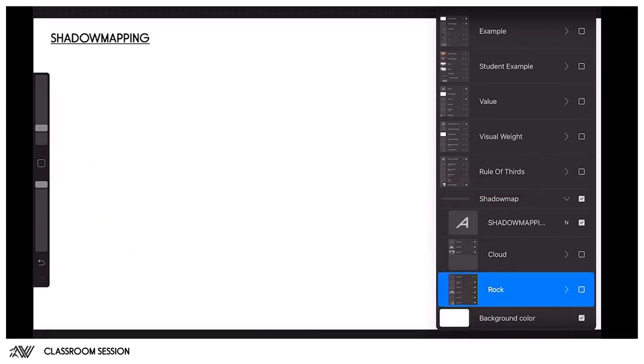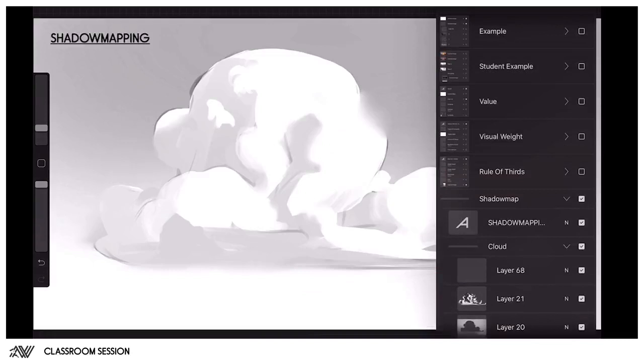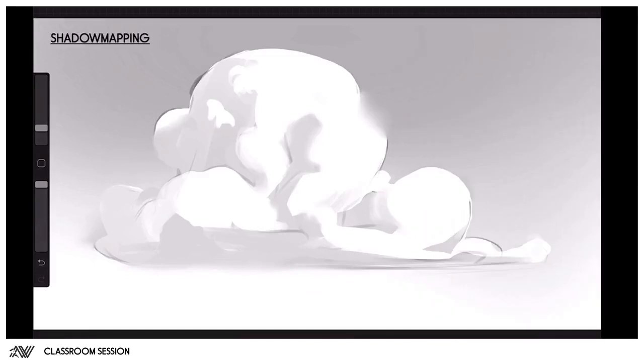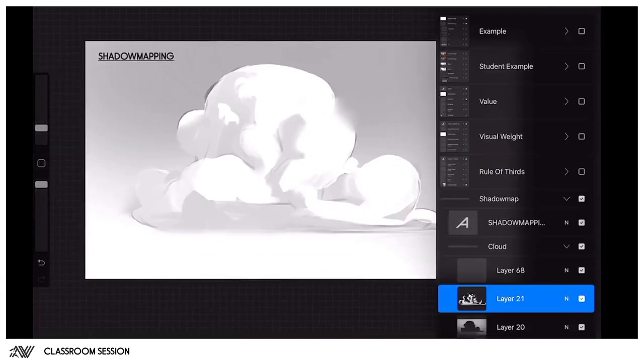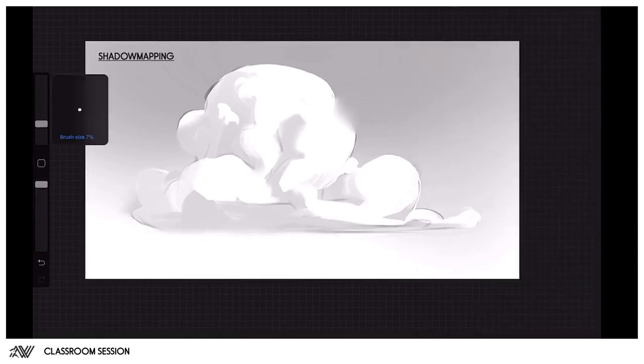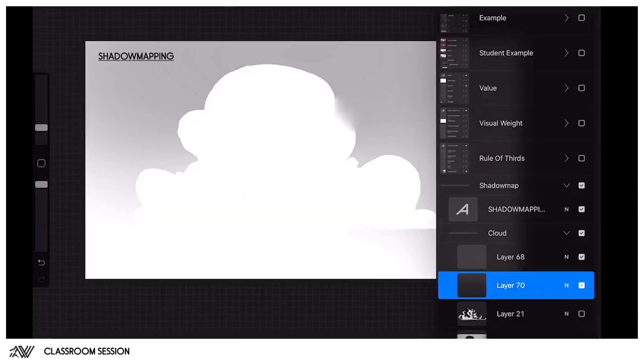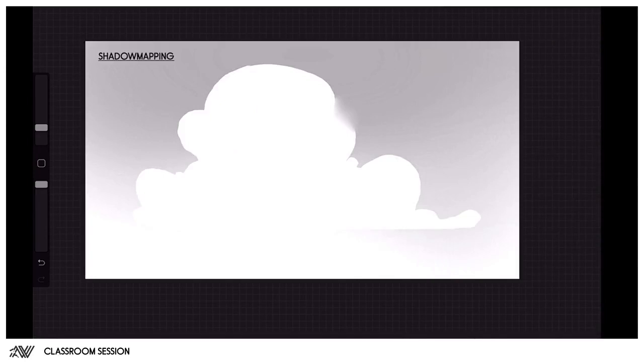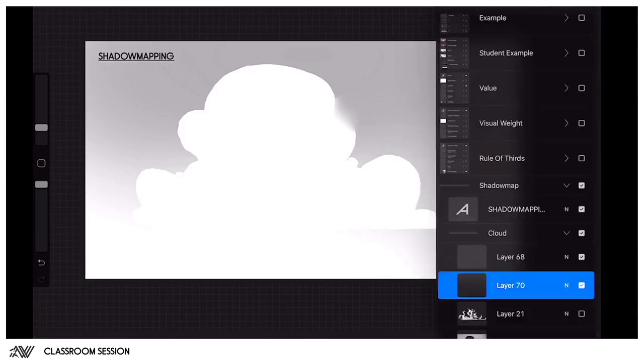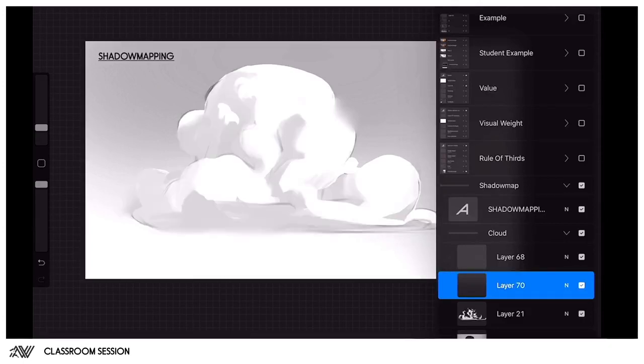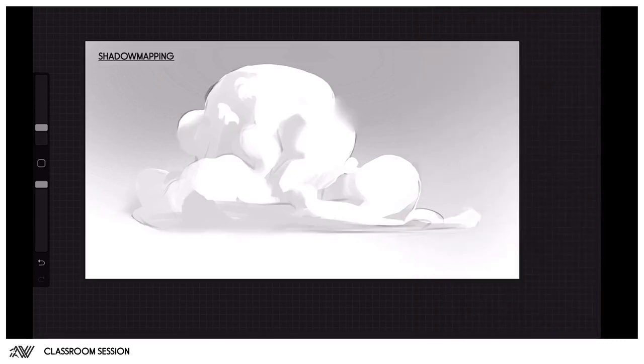Now, when we look at the cloud that I did, it's even easier for a cloud and maybe a bit harder for a lot of you, because with a cloud, you actually do the exact same thing. You establish your shadow shape. So if I just get rid of my shadow shape, this is basically my cloud, right? In the sky. It's just a 2D graphic like you would draw as a kid. The artistic side comes to adding three-dimensionality to this cloud. So what I do is I establish, again, just like as if it were a simple shape, I group my shadows together,